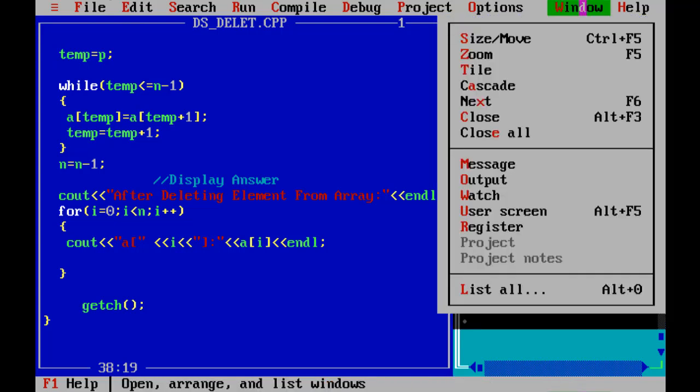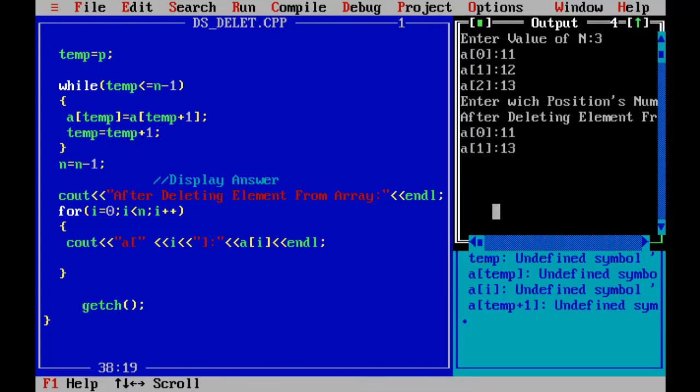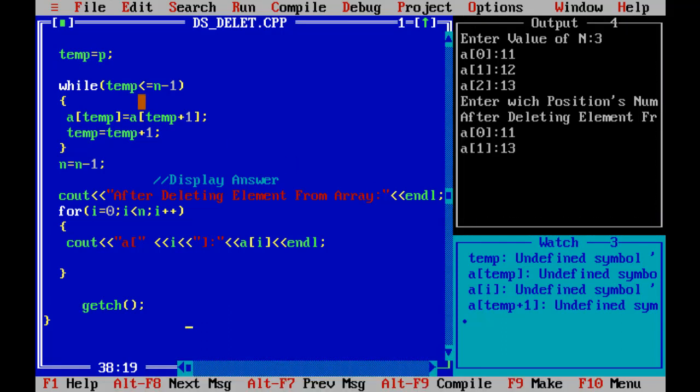Now here also one output window. Now I will run our program using function key F8.